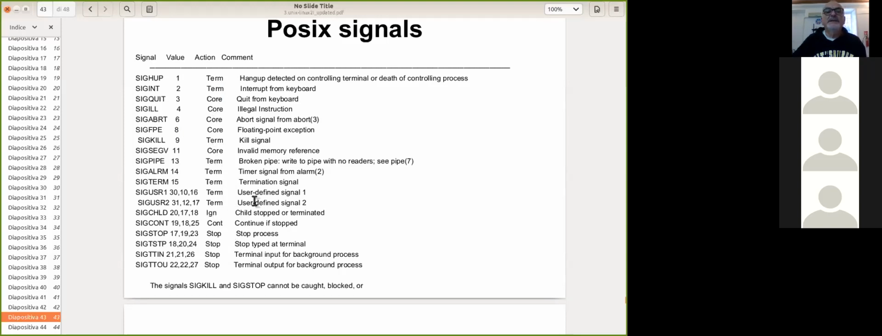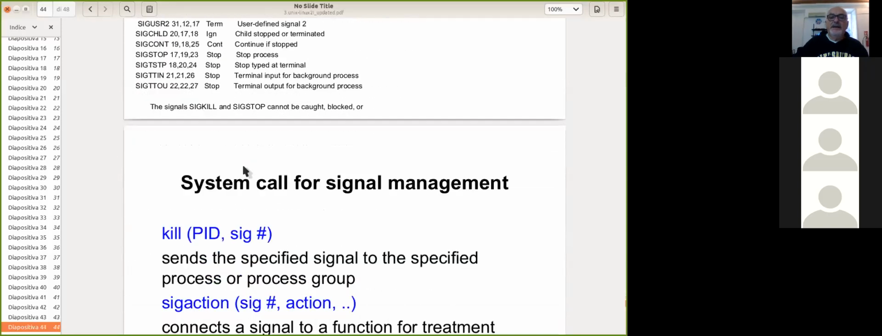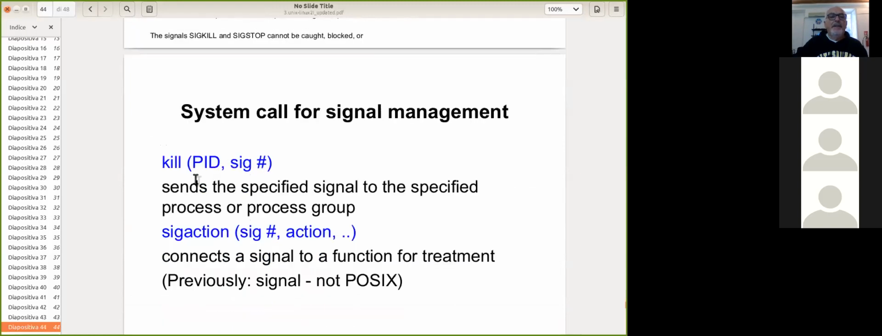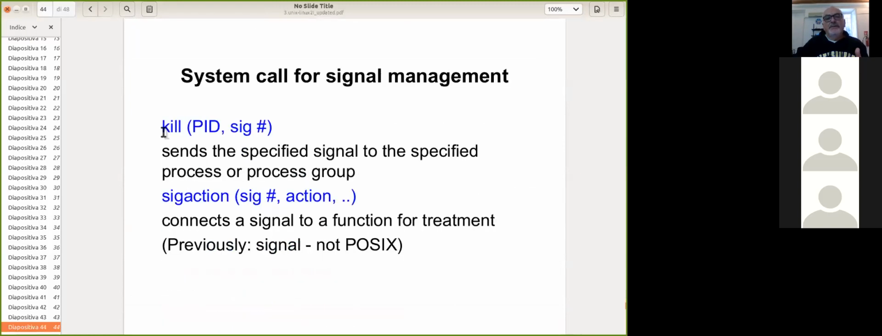In most cases, the default action is termination. Why termination? For safety reasons. The safest status of a process is the dead process. So in any case, if you receive a signal, you die, I mean the process. But another idea is that, here, we will see